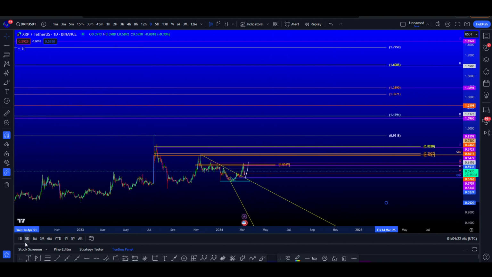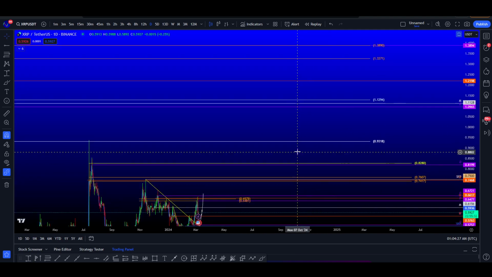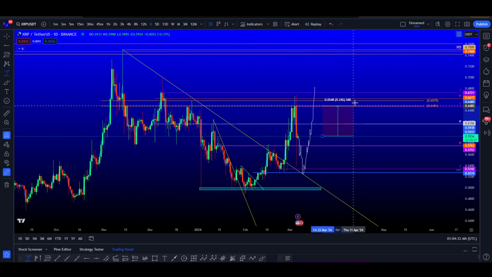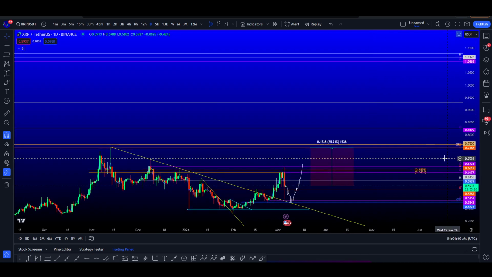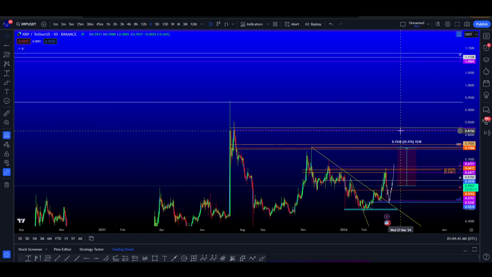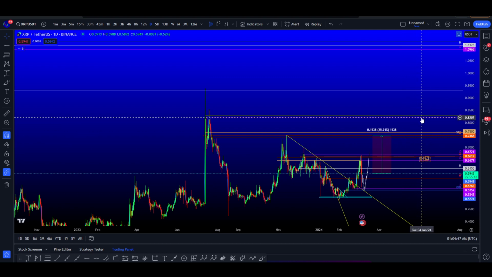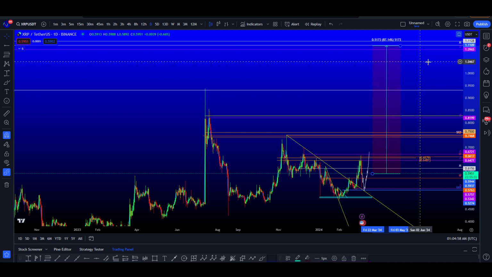From the current prices, the next major resistance would be 75 cents, which is 25% away. After we break that level, I'll be looking at the 93-cent area and also the 82 cents, right? So 82 cents, which will be about 38% away from the current price. 55% away from the current price would be the 93-cent area, and then the monthly, which is the next major